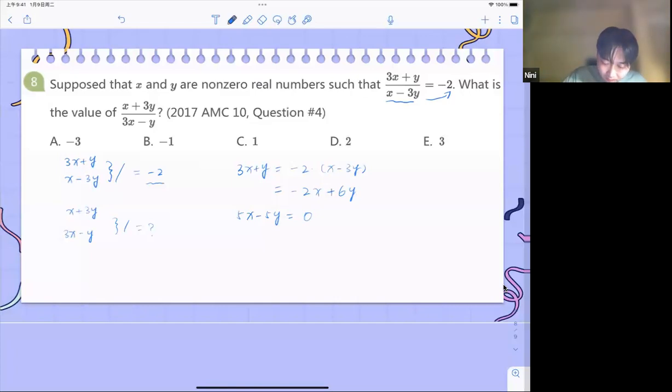And we know that from here, it would be 5x equal to 5y. We can cross this 5, which means x is equal to y. Wow, that's amazing. Because if x is equal to y, we can use y to refer to x in here, right? Okay, so let's do it right now. We use y to refer to all of the x. So that would be